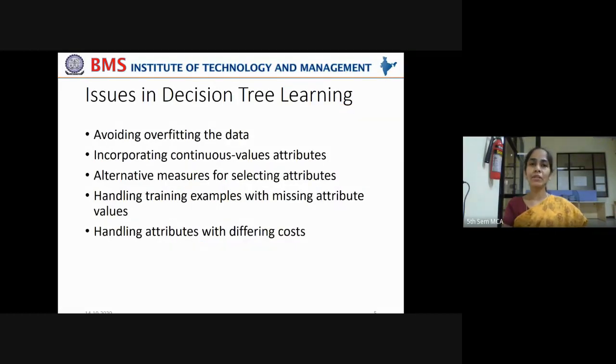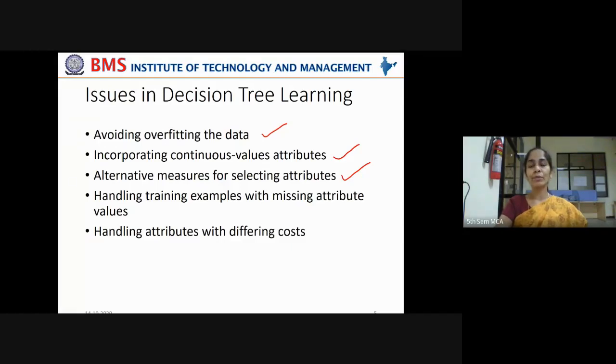Now let me list out the issues we are going to discuss here in today's and next session also. That is avoiding overfitting the data, incorporating continuous value attributes when you're using decision trees as the learning model, alternative measures for selecting the attributes, and handling training examples with missing attribute values.